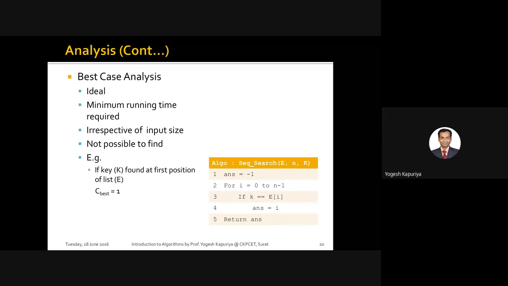A best case is a kind of case which gives you the best time, irrespective of the input. It cannot perform better than this time. That is what it means. Best case gives you the minimum limit: this is the minimum time this algorithm will require, irrespective of what input you give.